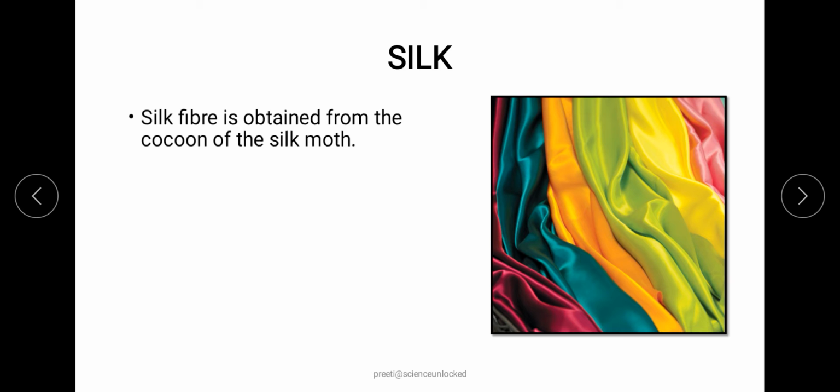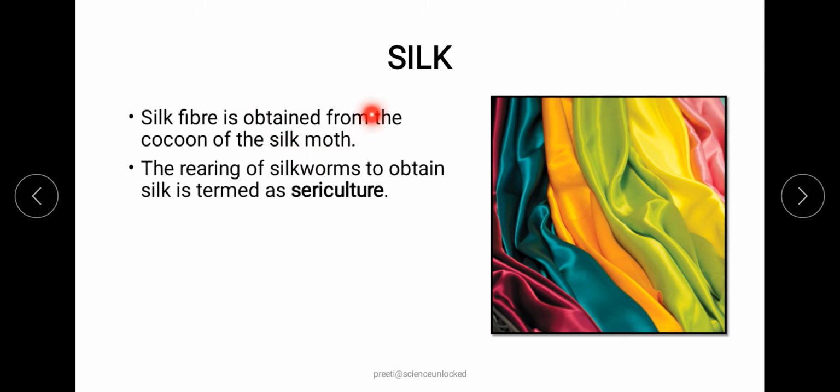Now the very first thing is that it is actually the silk moth which is involved in this whole process, and to be more specific, it is the cocoon of the silk moth which is responsible for the production of silk. And when we talk about production on a commercial level, we have to do the rearing and breeding of these silk moths as well. So as we have discussed in the case of sheep, rearing and breeding is one of the most important steps when it comes to commercialization of fabric formation.